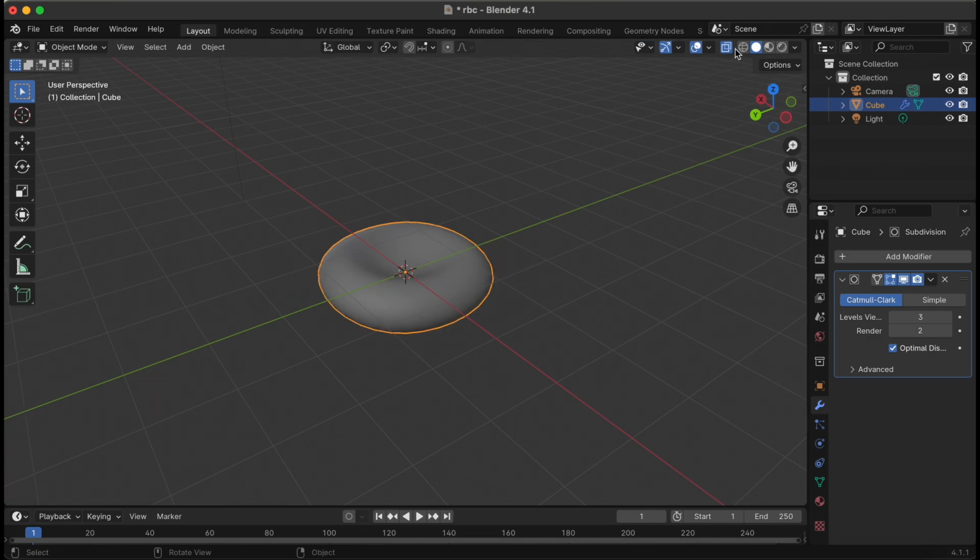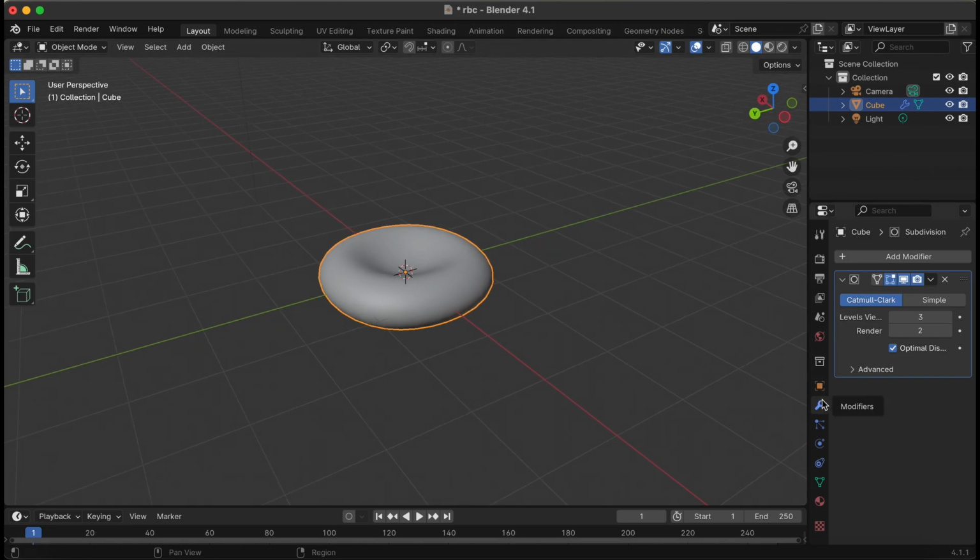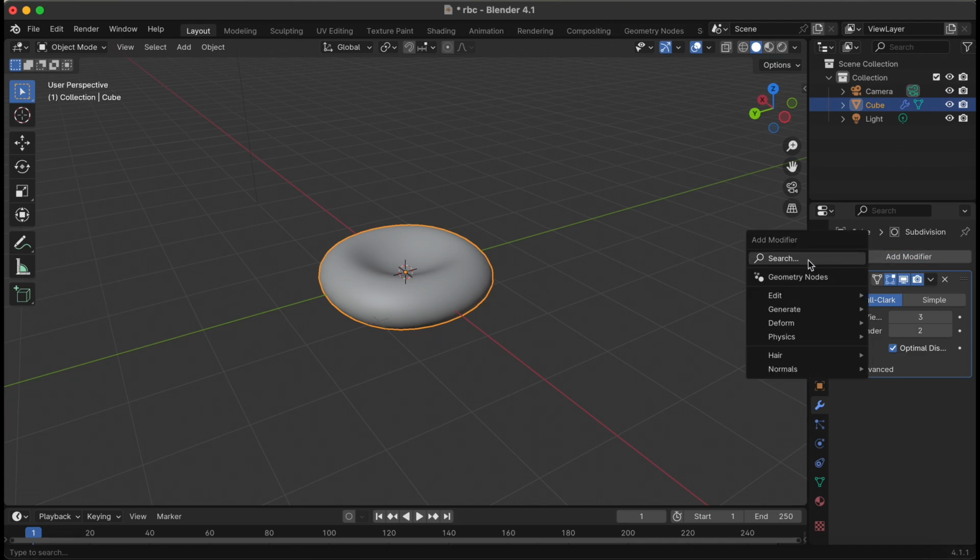Get out of edit mode, get out of transparent mode, and we can get into our modifiers tab, adding a little deformity to the cell. And this is because in as much as red blood cells are biconcave, they're by no means perfect. So they do still possess some deformities. And if we want to get close to realism, we need to add some of those deformities to our cells. So we will start by adding a simple deform modifier,